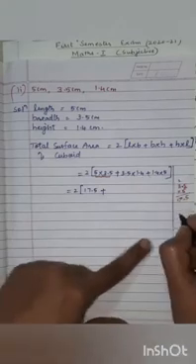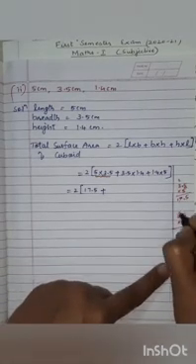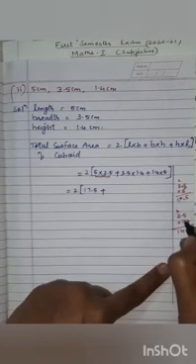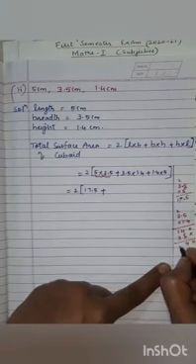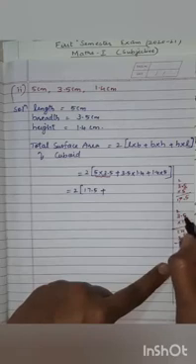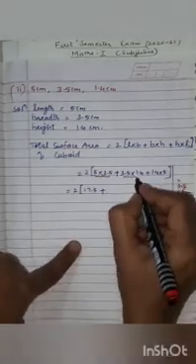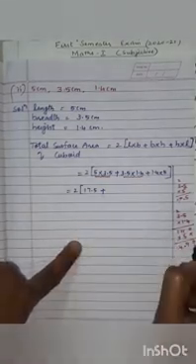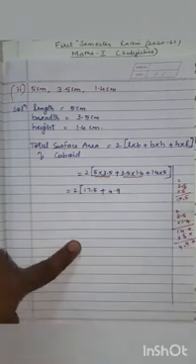Now next is 3.5 multiplied by 1.4. 5 fours is 20, carry 2. 4 threes is 12, 12 plus 2 is 14. Then 1 five is 5, 1 three is 3, 0, 9, 4. So here decimal is after one number, here decimal is after one number, so 1 plus 1 is 2. So the value of 3.5 multiplied by 1.4 comes out to be 4.90. So this 0 you can exclude, children. You can write here only 4.9, which is enough.